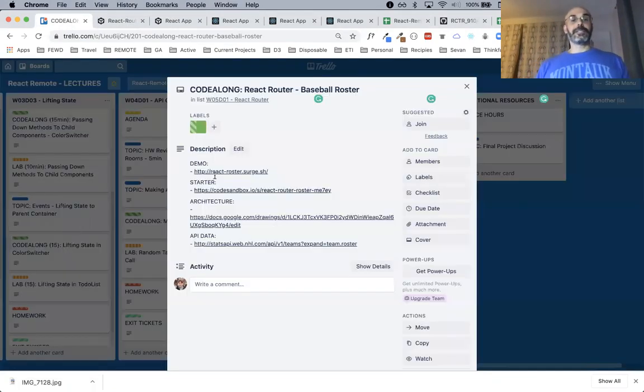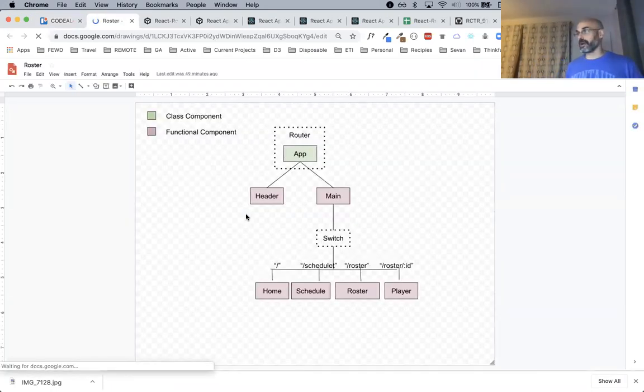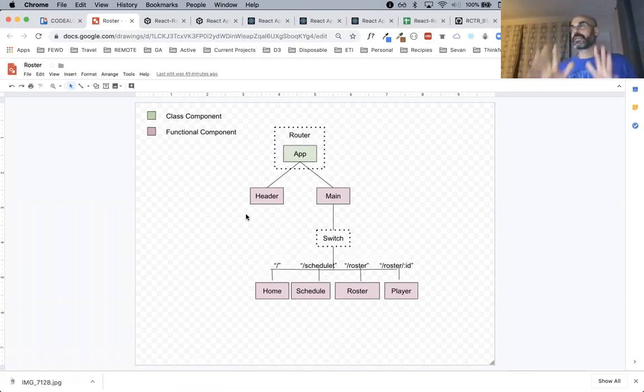Now, even for this, I have a React architecture that I'm looking to implement, right? So this will give us focus on what we're trying to do. There's some new things in here that you haven't seen, right? We haven't seen like this little dotted box around app, right? That's kind of new. This little switch here, oh, that's kind of new, right? They don't look like real things, but they look like they're doing something.